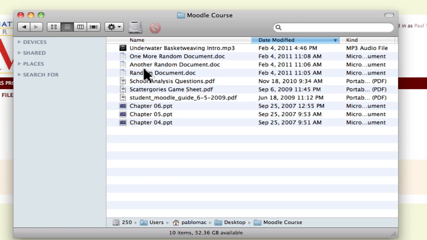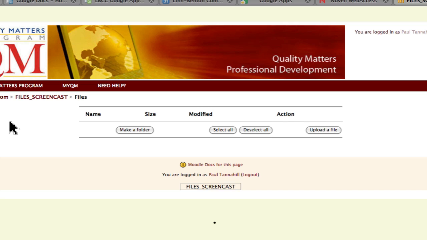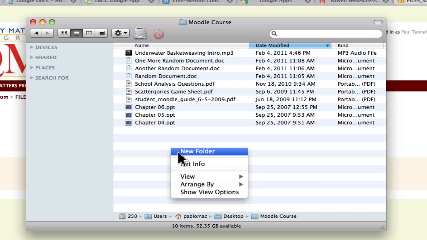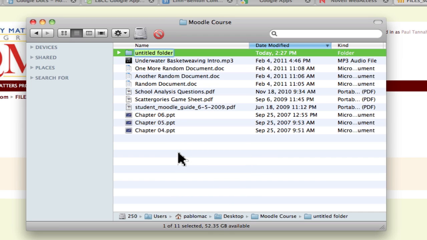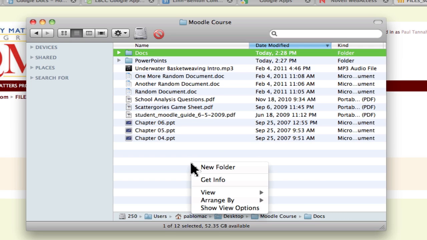Now I could create new folders and organize these files either on my computer, which is where, again, these files are, or I could create folders in my Moodle course like we did a few moments ago. I'm going to try to be really efficient though and have all my stuff organized on my computer before I bother to upload them into Moodle, and I'll show you how that plays out for you. So I could create a new folder, let's say for my PowerPoints, another new folder for, let's say, my Docs,